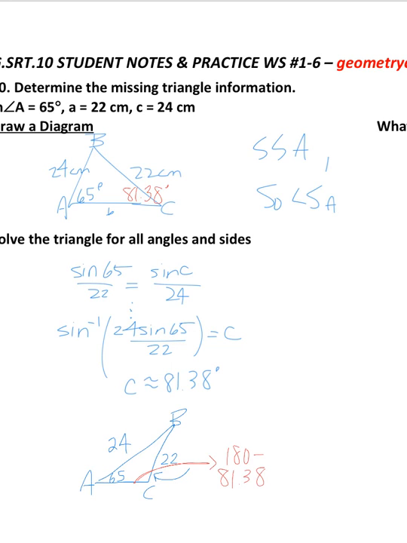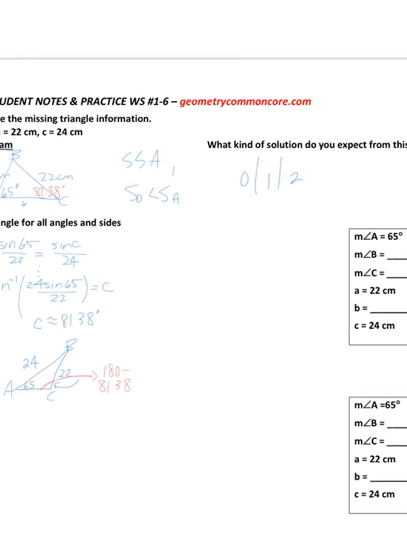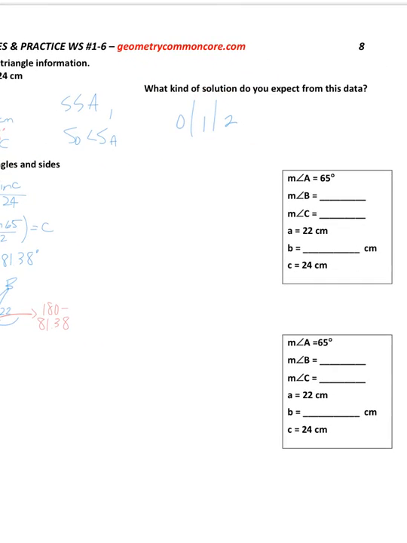That's going to be the obtuse angle that creates an equivalent sine value to the 81.38 degrees. And so looking at the chart on the right, I could have that angle C is what I got, which is 81.38 degrees. Or you could have a triangle where the measure of angle C is 180 minus the 81.38. And I think if you do that math, you get